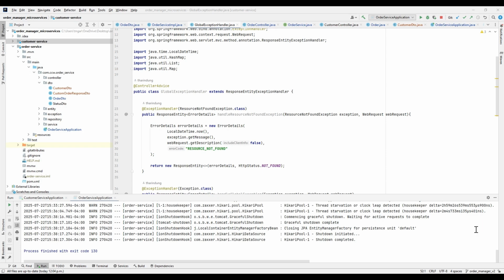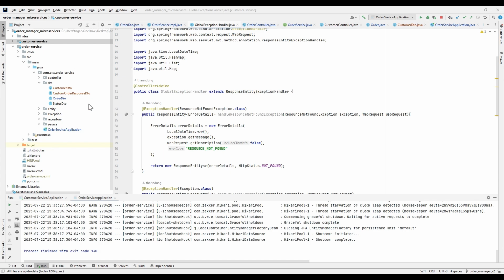Although we use the REST template, actually the REST template is in the maintenance mode and will be deprecated soon. So the Spring team recommends to use WebClient instead of the REST template. So we will see how we can use WebClient instead of REST template. To start using